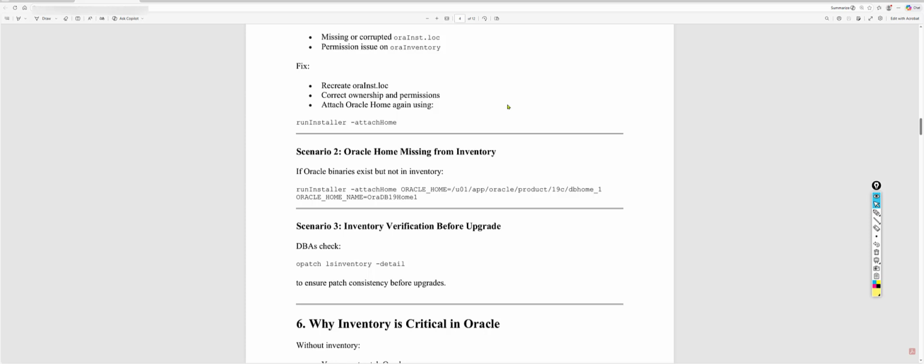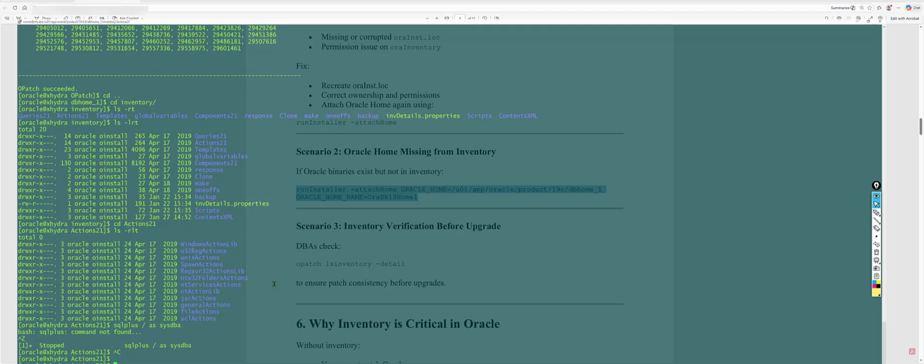We should never ever remove the entries manually. That XML file is not an editable file. We should always remember that it needs to be handled only by the runInstaller. Either you detach the home or attach the home with the runInstaller, not directly remove it